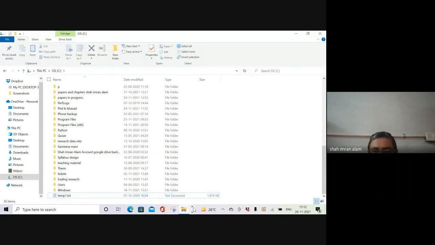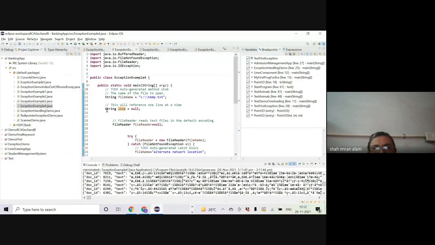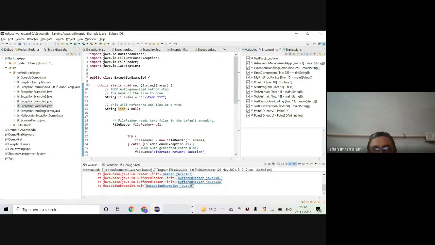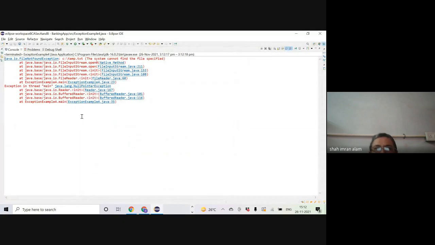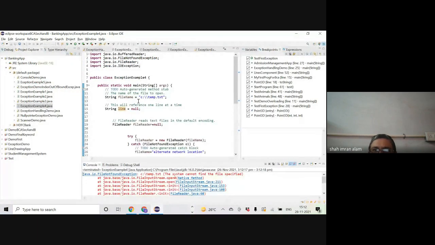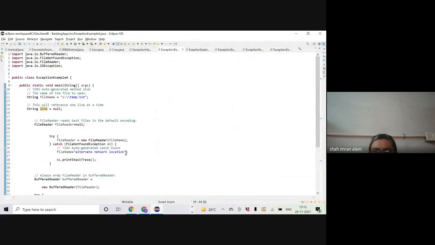Now let me go back to my code, and now you can see we have tried to run this code. We got the exception, java.io.FileNotFoundException, C drive temp.txt is not available. I want to handle this, even though I do not have the network location, but I have a different file name, right? So what I can say is, let me have this value set to, if this temp.txt is not